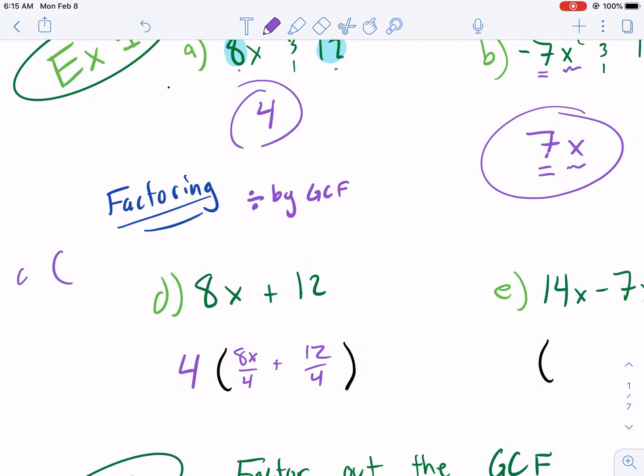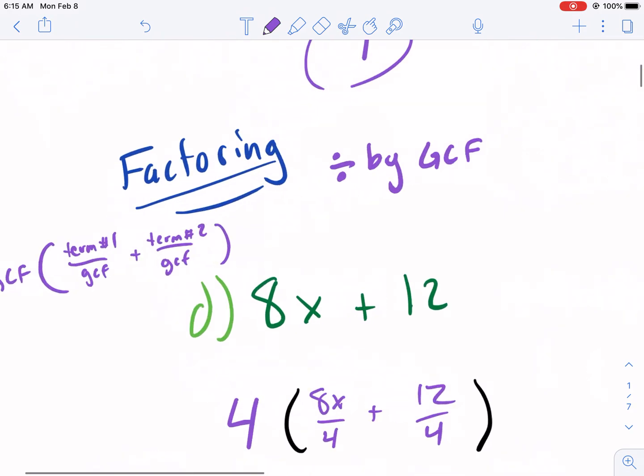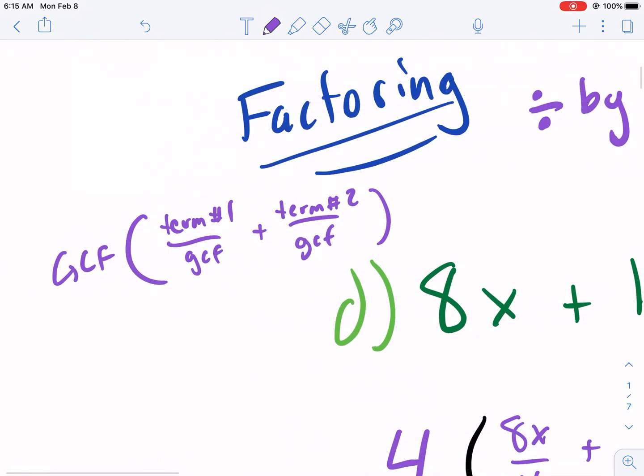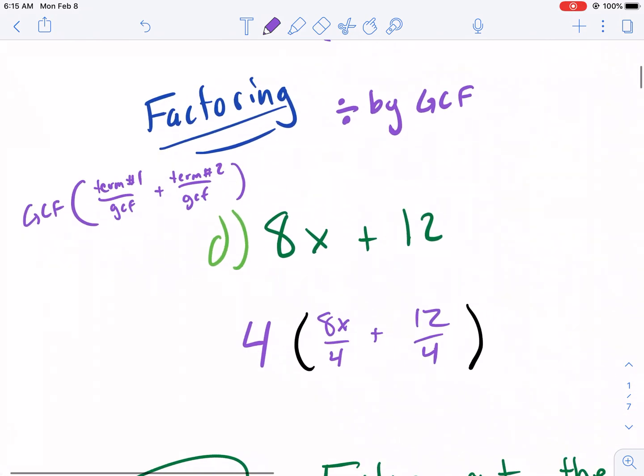So you put your GCF in front, and then your term number 1 divided by the GCF plus your term number 2 divided by your GCF. That's a formulaic way to think about it. I'm not a big fan of just formulas, but